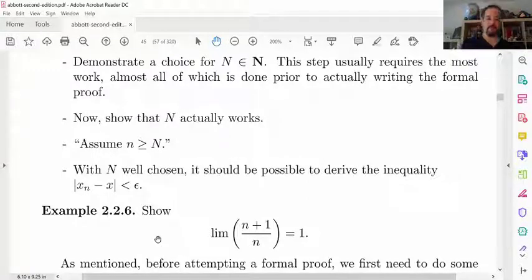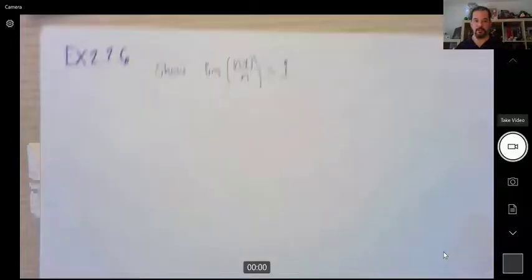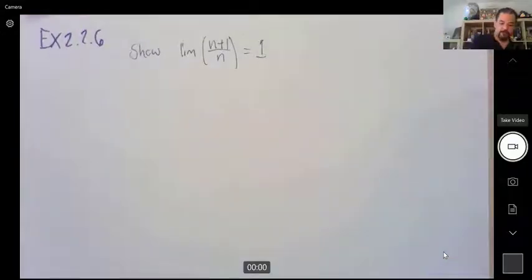Professor, we can't see your writing. Yes, I know. I'm copying it from the. I'll change to the screen. But thanks for letting me know. Here is the one we want to do. Okay, so